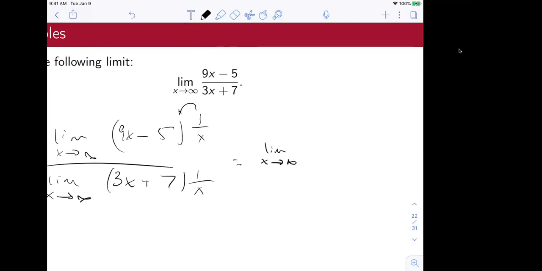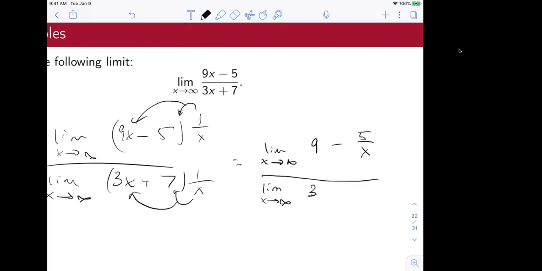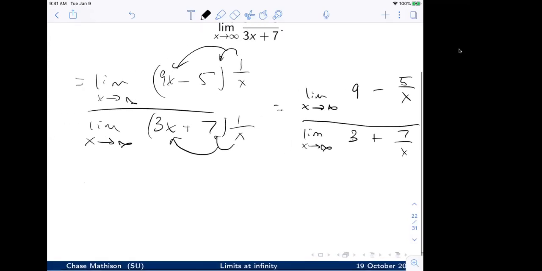When I distribute this, 9x divided by x is going to leave me with 9 minus 5 times 1 over x. Well, that's just 5 over x, divided by the limit as x approaches infinity of, again, distribute here and here. 3x times 1 over x, that's just 3, plus 7 times 1 over x, that's 7 over x. So then,